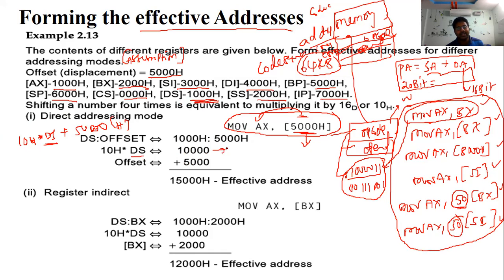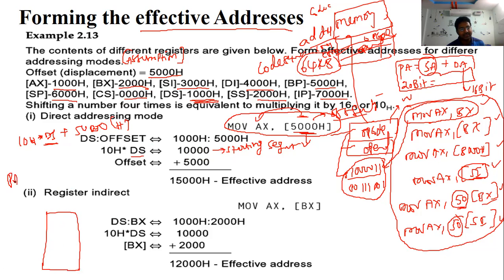1000 is the starting address of this segment. You know the physical address. What is the meaning of physical address? Segment address plus offset address. So here you mention only the offset address. Who can generate this segment address? The segment address is generated by registers such as SI, DI, the stack pointer, or the base pointer. The meaning of this is the starting address of the segment. Under the starting address, see this. Again, I draw the memory address locations.